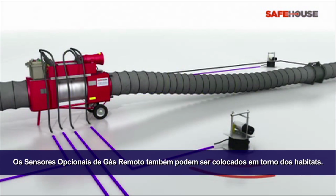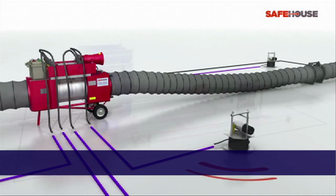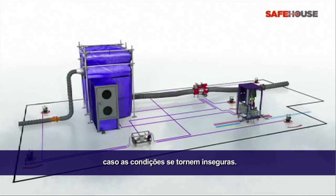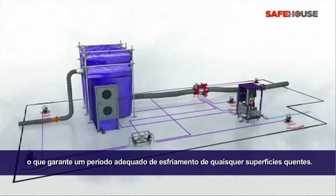Optional remote gas sensors can also be placed around the habitat. This is subject to a risk assessment to consider any adjacent live plant or pipework. When the welding control module is part of the system, all connected plant and equipment will be automatically isolated if any hydrocarbons are detected. There is no effect on the pressure within the habitat, which ensures an adequate cool-down period